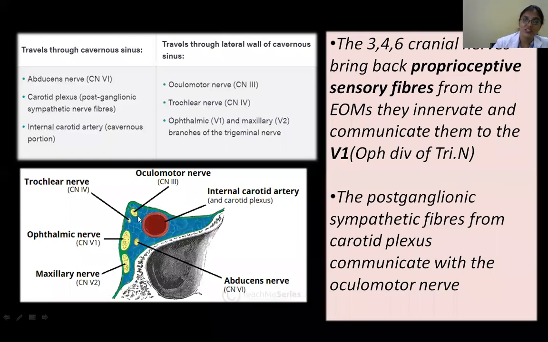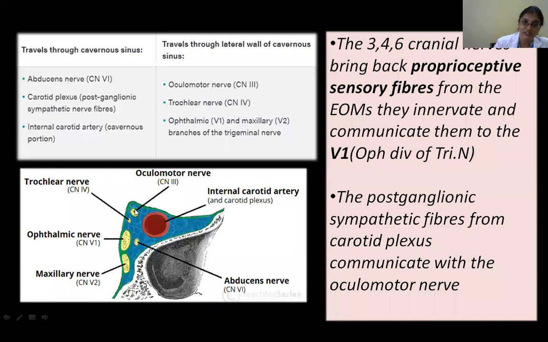But whatever sensations are there in your head and neck, they're all picked up by what? By the trigeminal. So then again, they just give a passage to it, and then they give it to this ophthalmic division. Okay. So this is one thing we should understand, the concept. If this is one car, and two people are going in this car, this oculomotor, and if it is trochlear, it is one.